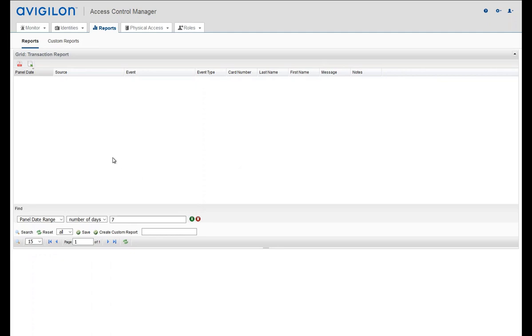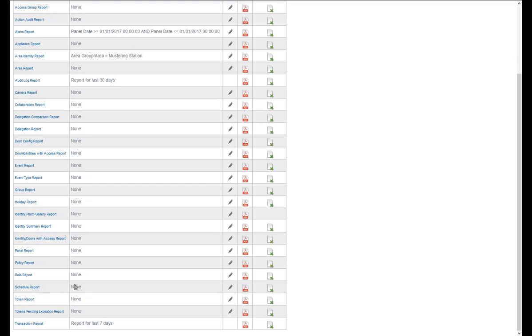So if you go back to reports now, you're gonna see that in the filters it now has, here it is. Now my transaction report is set by default to display the last 7 days. So when you're running reports, just be careful with that. Just take a look. That's why we put this column over here. Take a look, see if there are any filters, because that could impact the type of data that you're looking for. Okay. Also, to run reports that require more than 2,000 items, you can just create your report and save that